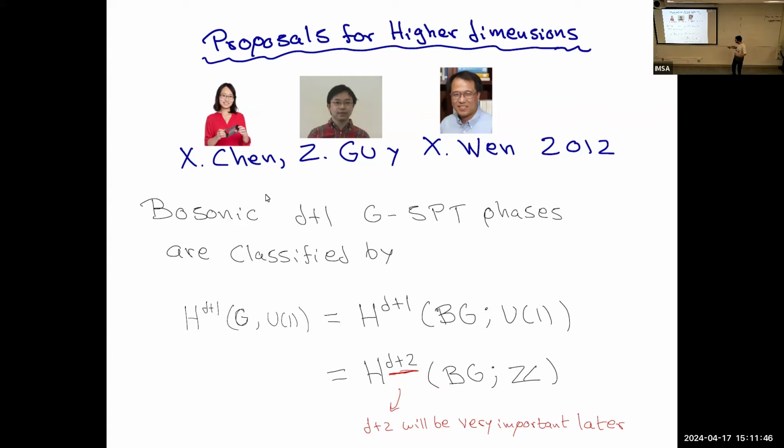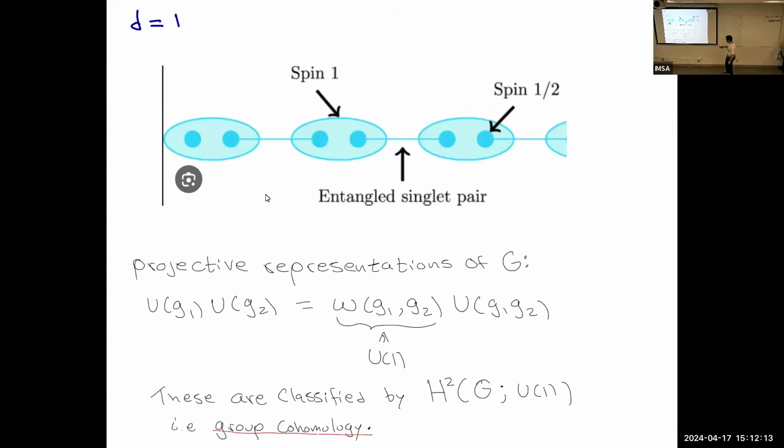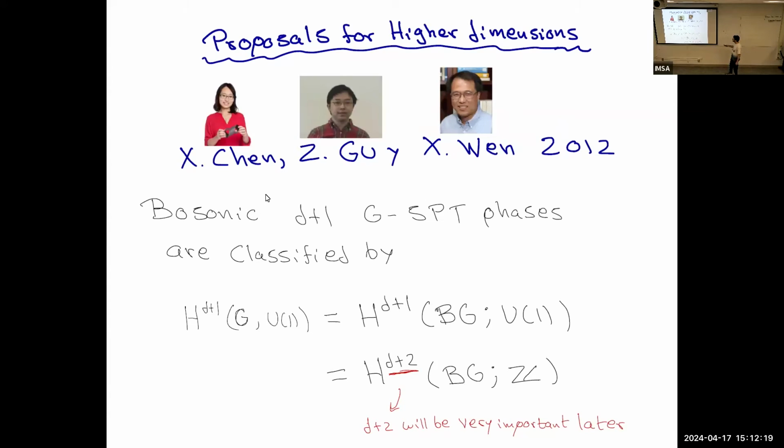So that's more or less well understood in one dimension, but how about in higher dimensions? These people, who were at the time at Perimeter, particularly Xiaogang Wen, a very famous professor at MIT, suggested this classification for bosonic D+1 SPT phases. If we go back, you notice that here I can write 2 as 1 plus 1. So they said, okay, keep the plus 1, but instead of 1, put the dimension. Our dimension was D equals 1. So this is what they do.